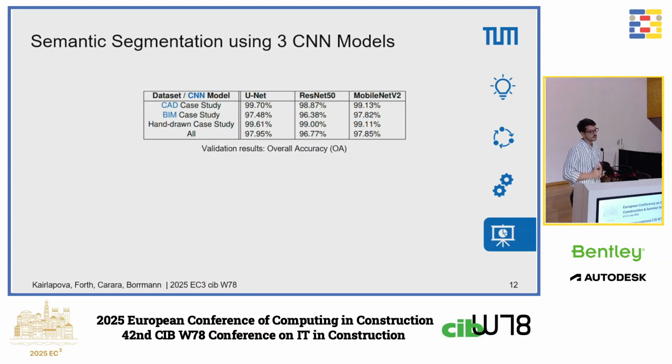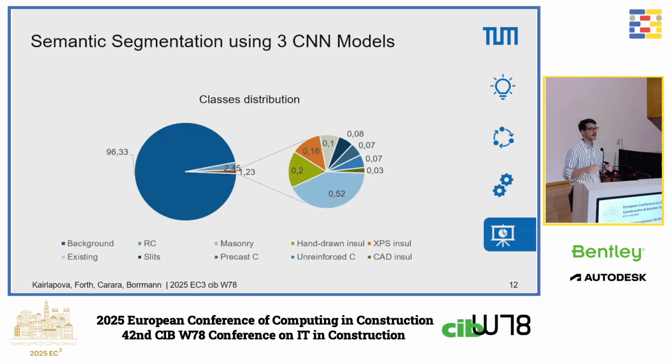And now these are the examples. Generally, at first glance, the results look quite convincing. On the overall accuracy, however, the biggest problem is that one of the classes is the background, and of course the background is the most dominant, and this should not be the case because we're interested in the materials and not just in the background.